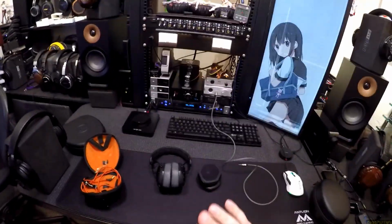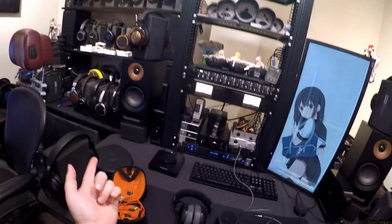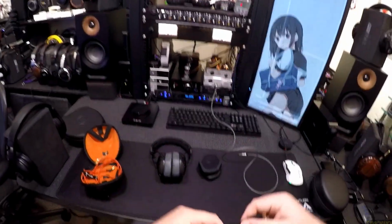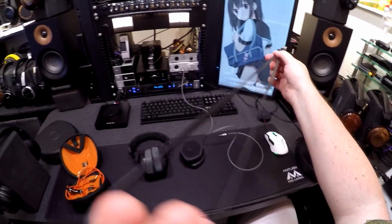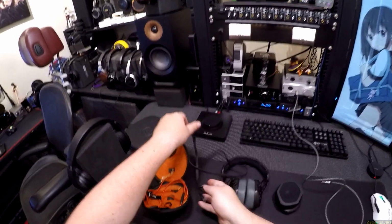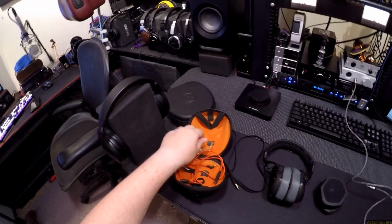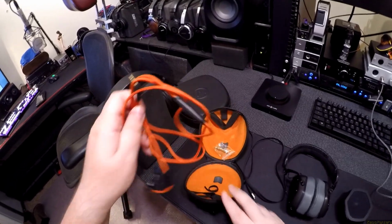Vmoda is known for their cables. Every Argon and T50 mod is basically step 1, buy a Vmoda cable, then step 2, change the pads. So I want to know, Vmoda, are you selling these cables? And can you give me a couple of USB-C ones? Because they're thick, boy. So it comes with a thick boy USB cable. It comes with a 1/4 inch adapter. And then it comes with